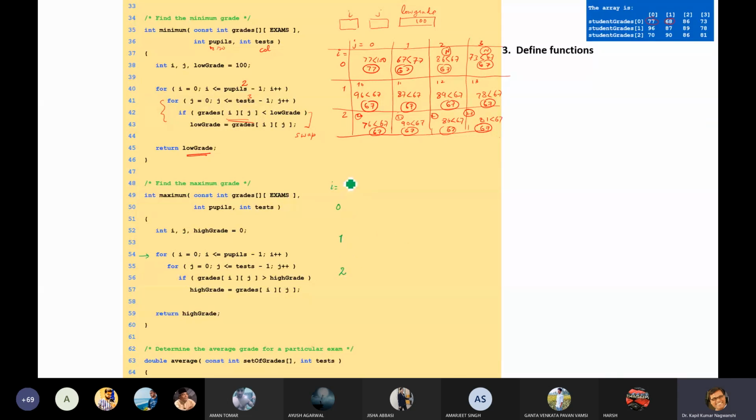Now, whenever j, this is the inner for loop, it is actually row wise, but it is written in column format, and j will be written in row format. Row format means j will be written horizontally. So you will very easily calculate each and every for loop. So now j will start from 0, 1, 2 and 3. And just mark it.